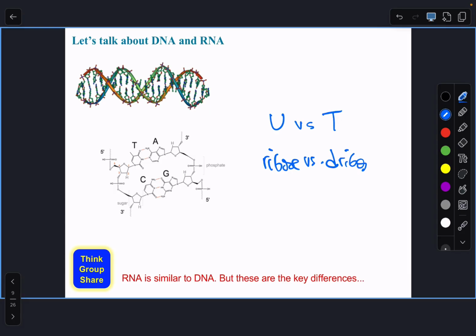Single-stranded versus double-stranded. Nice. Single-stranded versus double-stranded. Excellent. Anything else? Yeah. DNA tends to stay in the nucleus, whereas RNA. Oh, I like that. I did not have that in mind as I was putting my list together. But yeah, so in eukaryotes, DNA tends to be nuclear versus RNA is all over the cell, right? There is RNA in the nucleus when it's being transcribed, but then it goes into the cytoplasm to do all kinds of things. So I'm going to say all over.